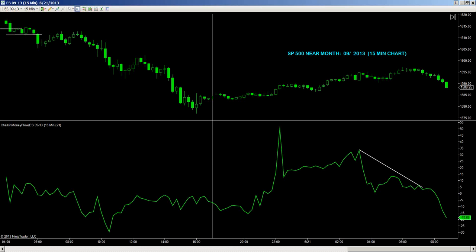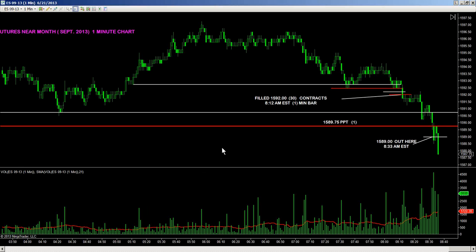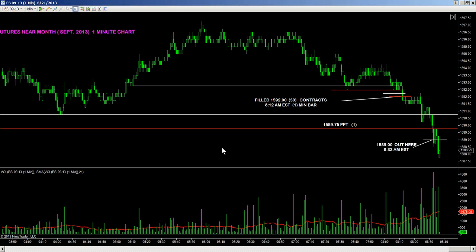These prices may continue to trade down, even all the way back down to this point. But as the time horizon of the trade lengthens, the possibilities of the volatility changing not in your favor increase. So therefore, from a professional's perspective, it is always to get out, locking in a profit at a price profit target. Again, in this case, and we'll report this on tonight's Nightly Market Intelligence Report, we were in